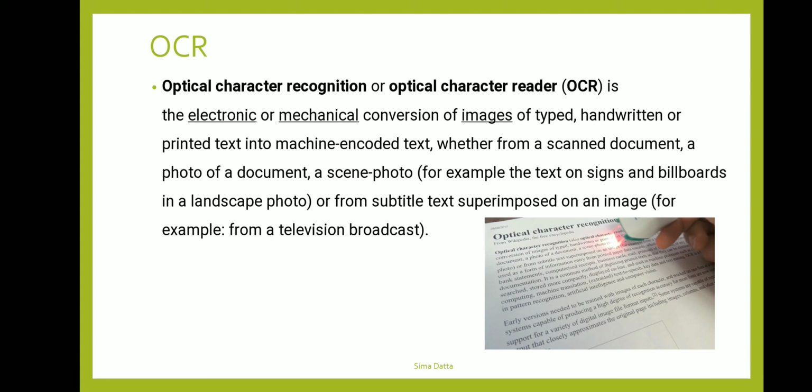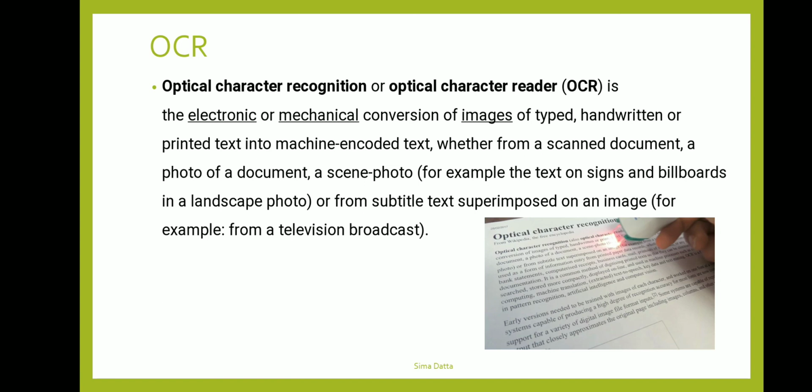That means OCR is basically a special type of electronic device which can read the data or text from any type of document, any book, or it can also read images. It optically scans that document, and whatever it scans is superimposed on an image, and that image you can see on the computer screen. There is a picture you can see.